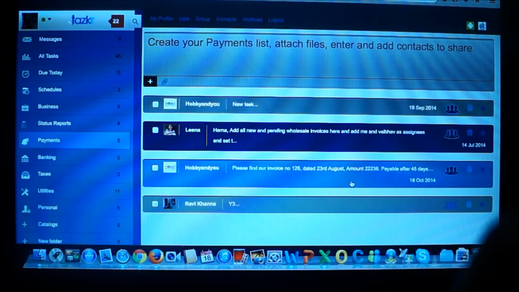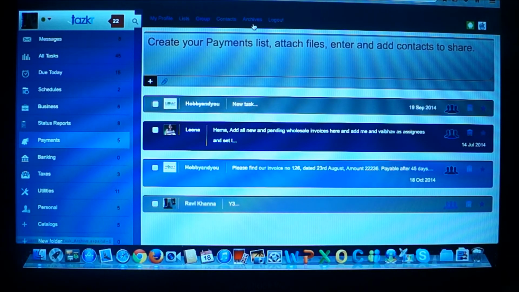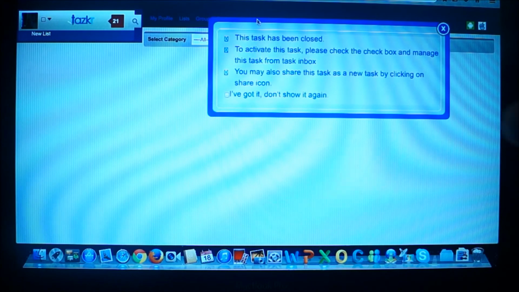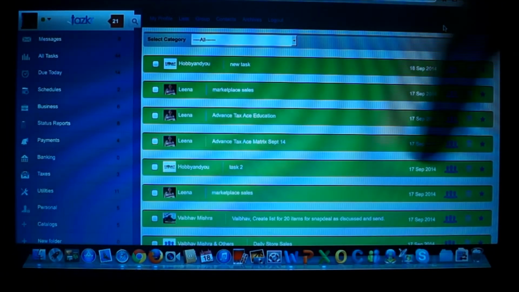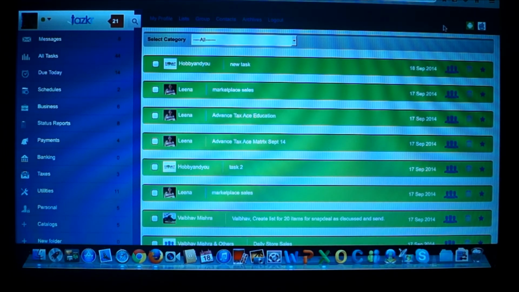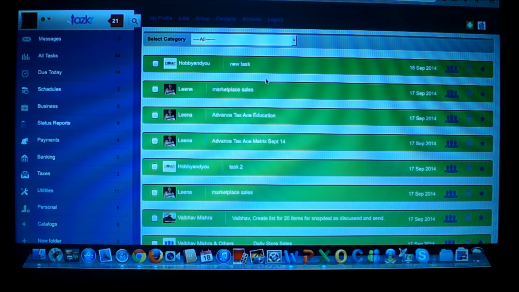So once I close a task, I can access these tasks from the archives. Archives is just another folder where you keep all your closed complete tasks. So this task you can see here is already in the archives. Now if I want to mark it incomplete, I can